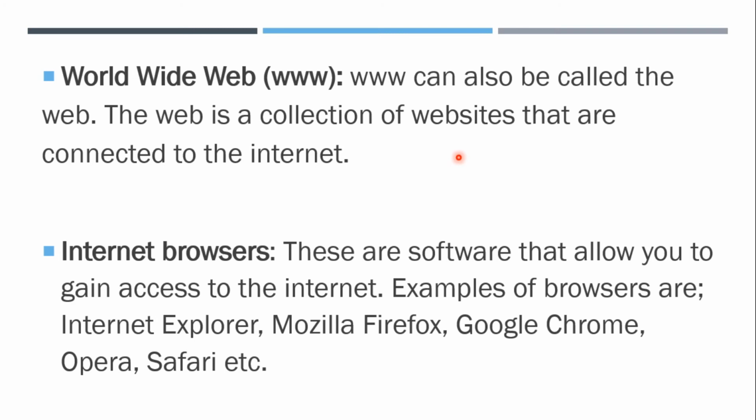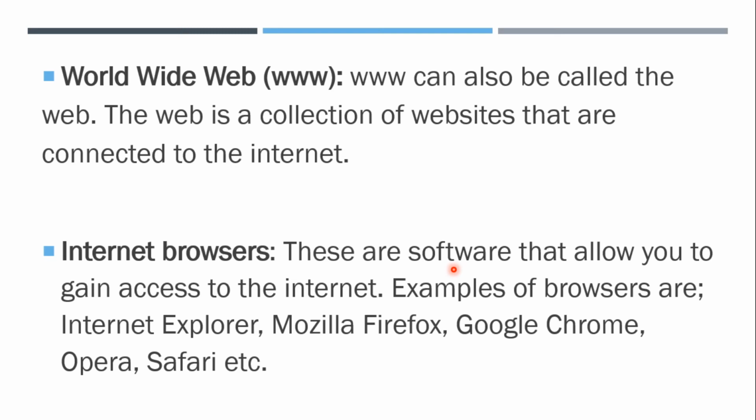All right. Now, internet browsers are the software that allows you to gain access to the internet. Examples of these browsers are Internet Explorer, Mozilla Firefox, Google Chrome, Opera, Safari, and so many others. But note something, internet browsers are software, that means they are installed on your computer.